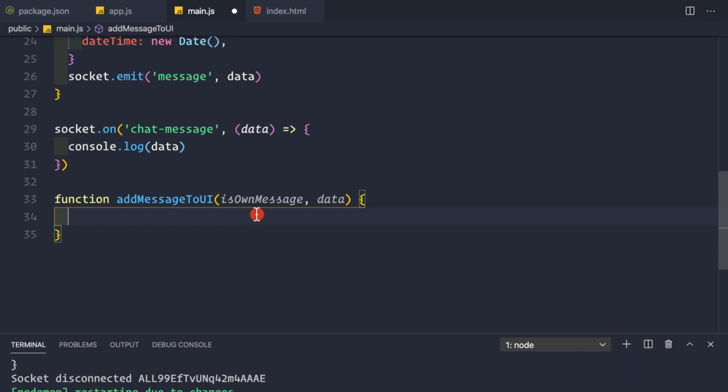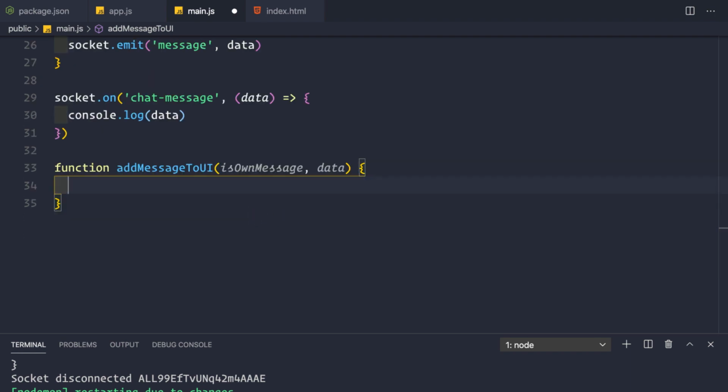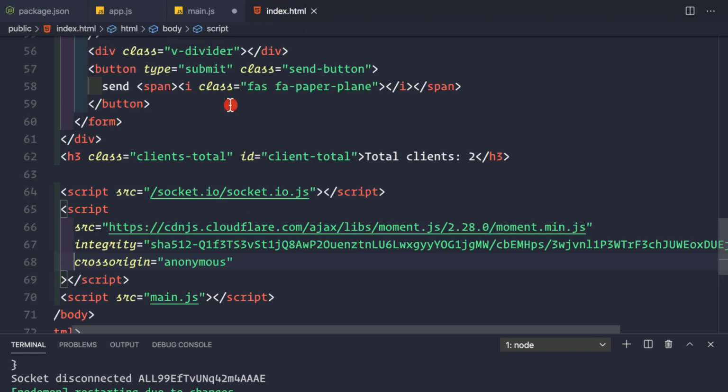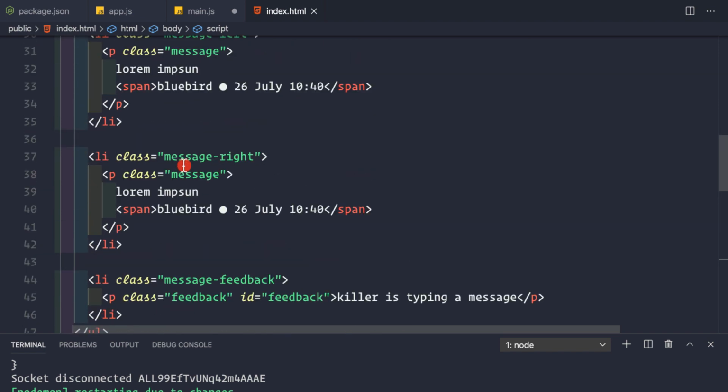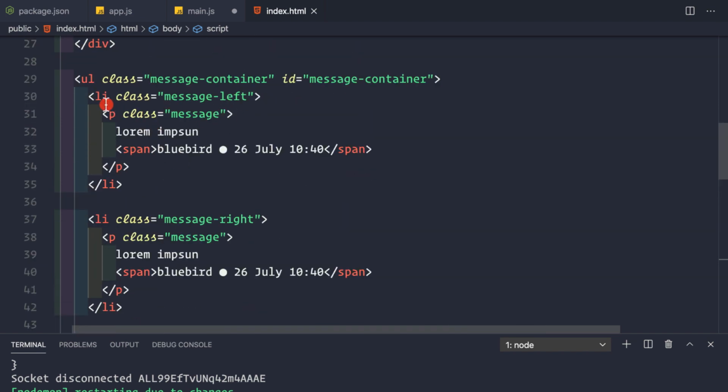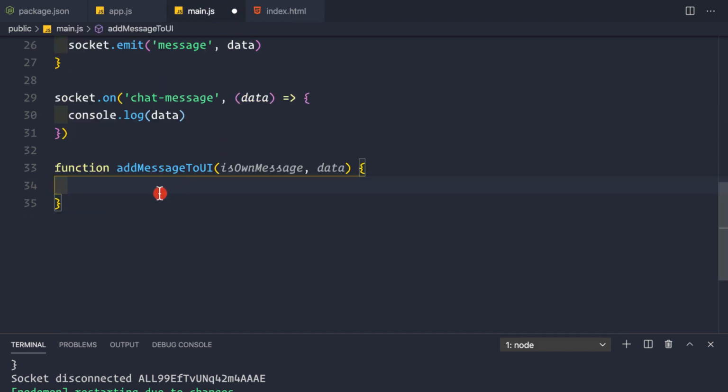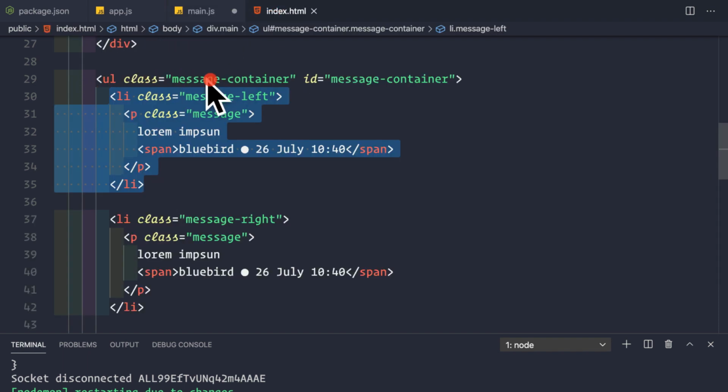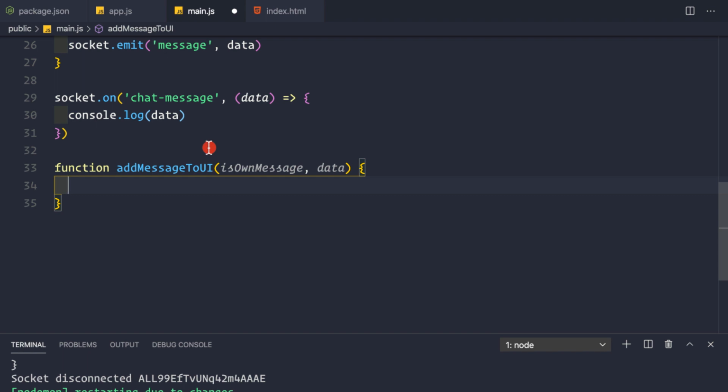And here we would like to create an element. So let's go to our index.html file and grab one chat message from this UI, that is this li tag I am copying. And let's go to our main.js file, and here we would like to create an element that would be inserted in this UL message container. So let's create that element here.